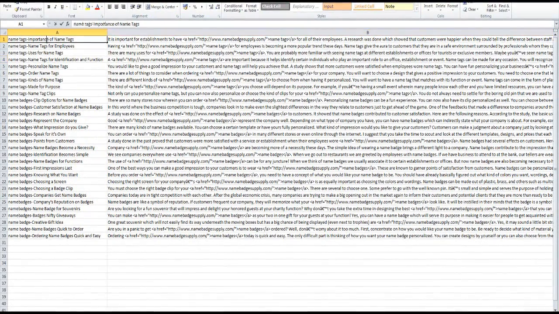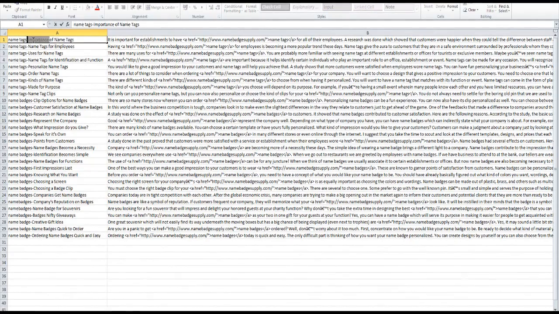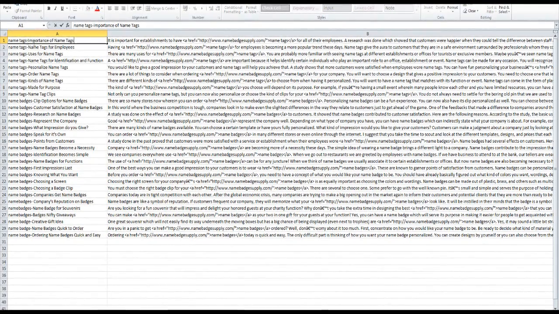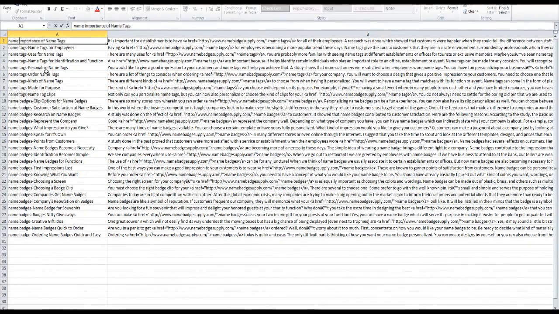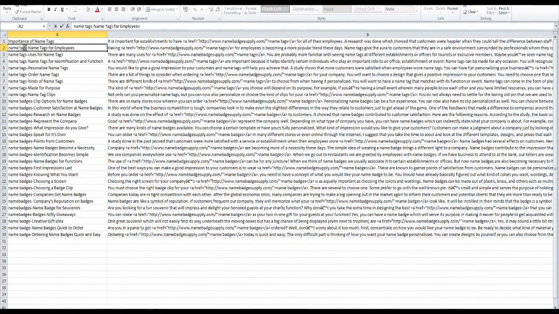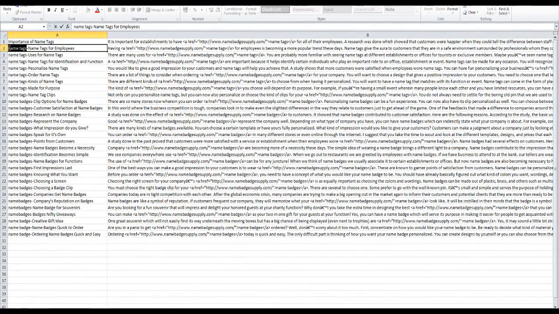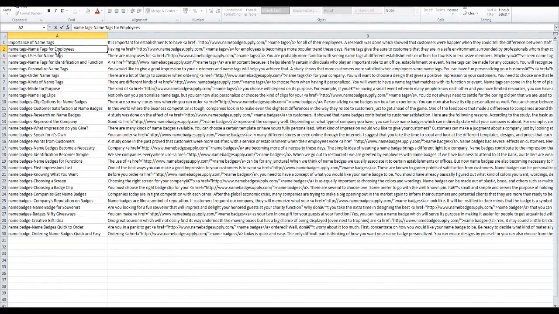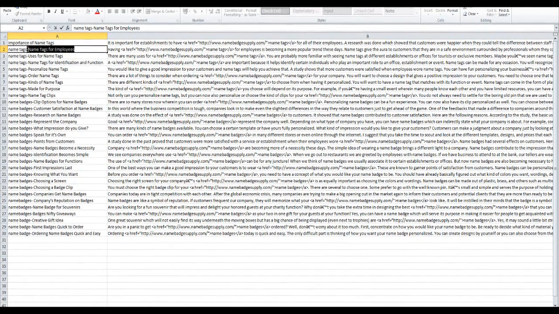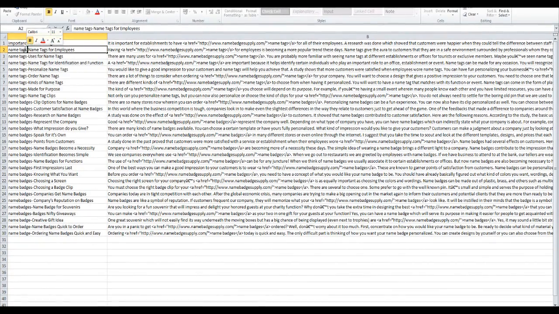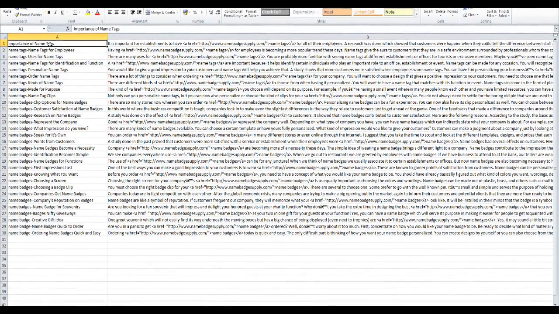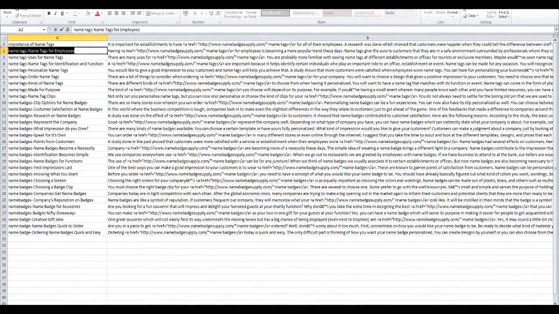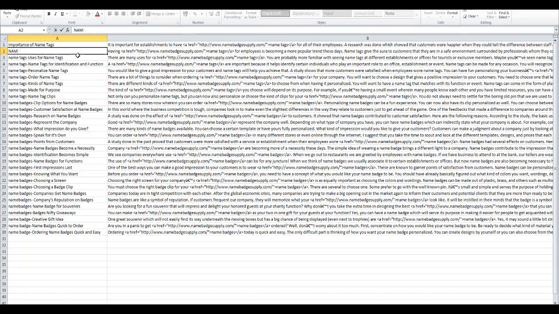Okay, so from now on, this was the old style of doing titles, but now it looks a little bit spammy, okay? So basically what we're going to do is get rid of the old profile, which was basically name tags, hyphen, the keyword, hyphen, and then the first part of the article in many cases. It hasn't done that there, but basically it was this hyphen. Now we want to get rid of the hyphen, okay? So basically, importance of name tags being the keyword. Keyword here is name tags, so you just put